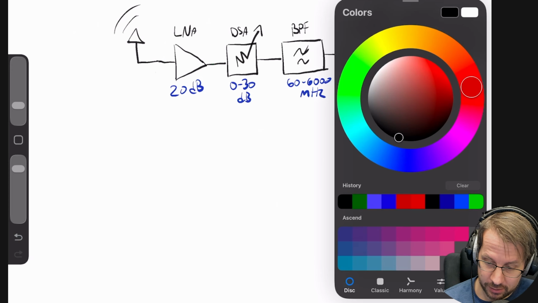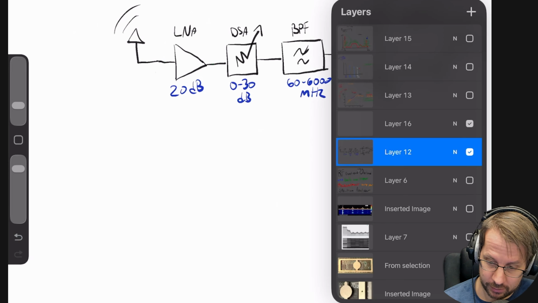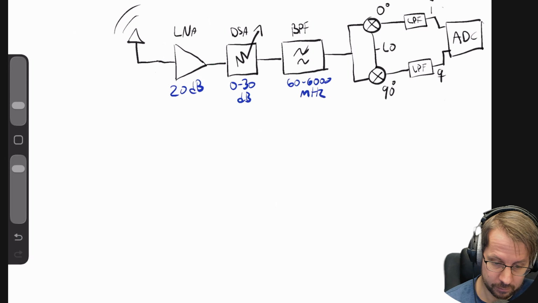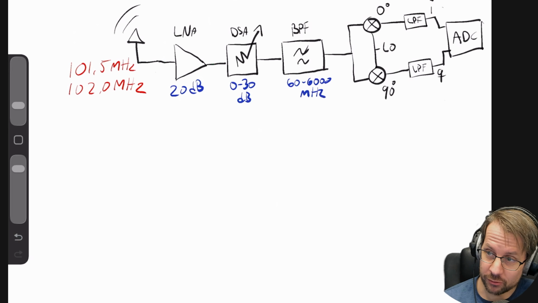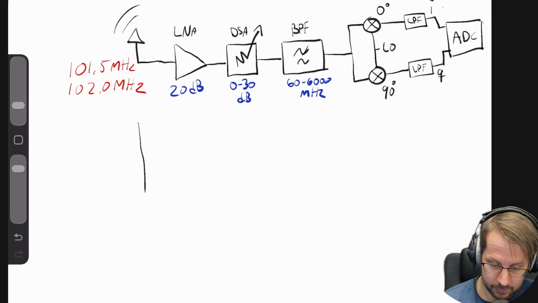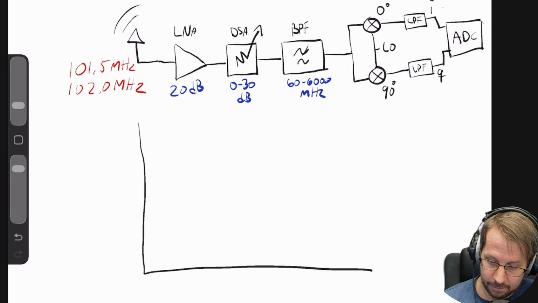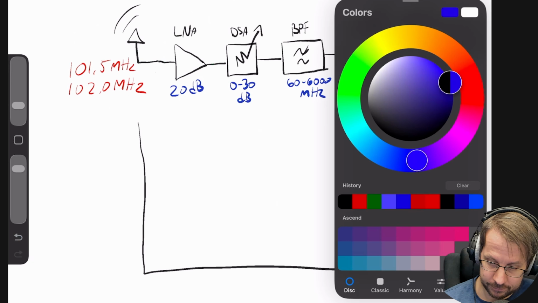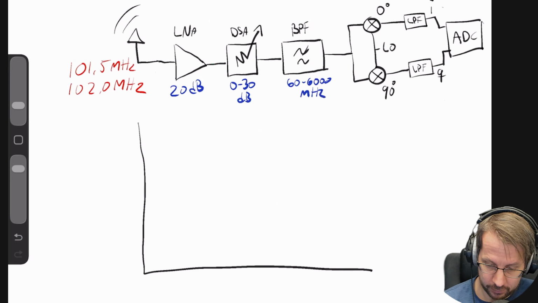So let us now imagine that we have two signals. Let's add a new one. Two signals at 101.5 megahertz and 102.0 megahertz. Each of them are strong enough so they will overload the amplifier. And then we draw this again. And then now we have these two signals. So these are the close by signals. And this is F1. And this is